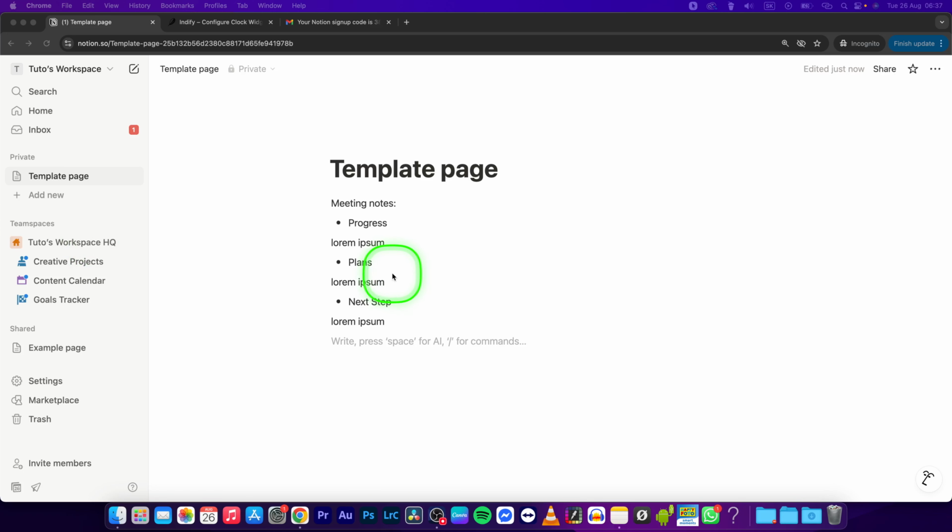Hey guys, my name is Elijah, and in this tutorial I will show you how to create a template in Notion. So in order to create a template page in Notion, first create your template, then simply select all of